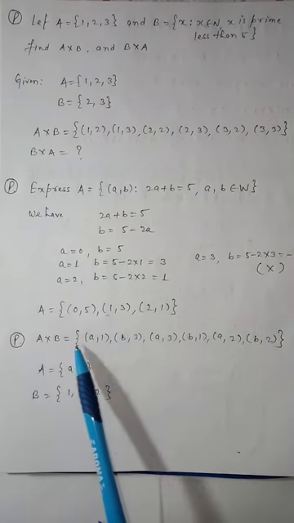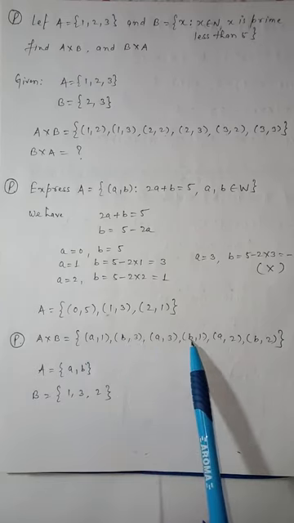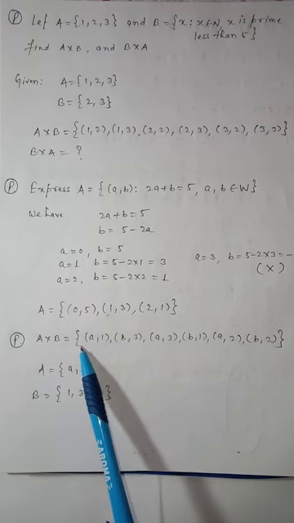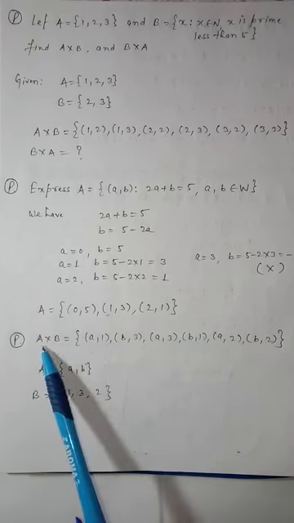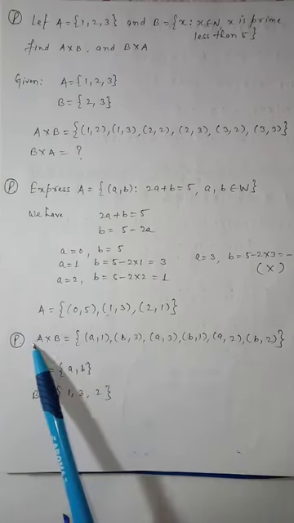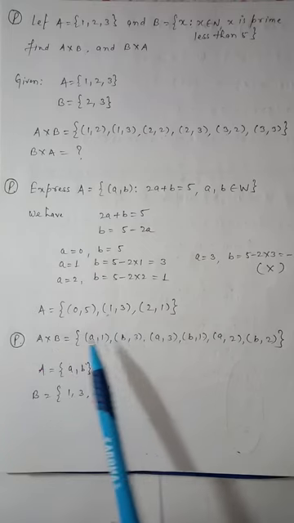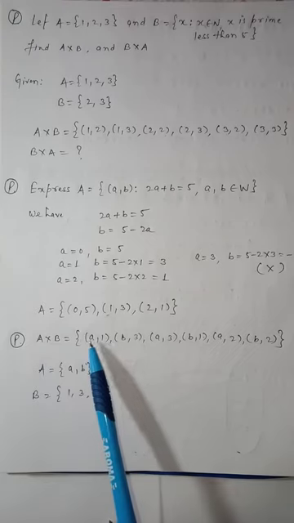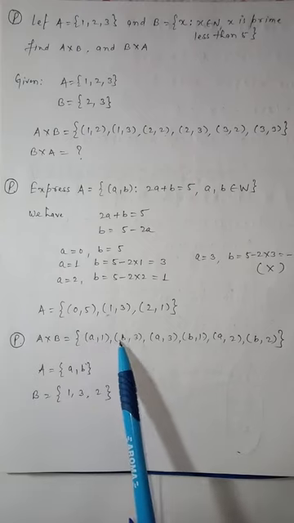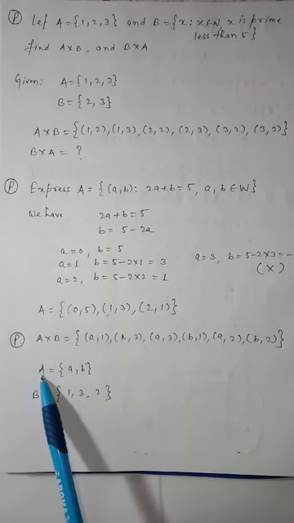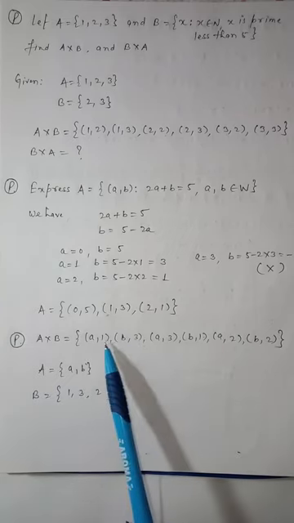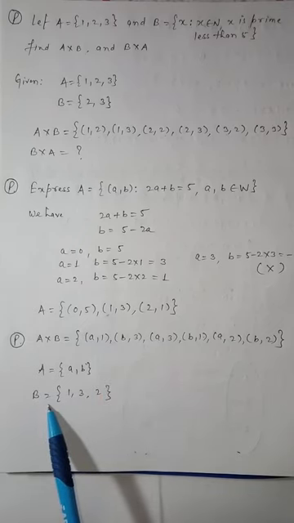Now in this problem, A cross B is {(a, 1), (b, 3), (a, 3), (b, 1), (a, 2), (b, 2)}. Can you tell me what is set A? We already know in the Cartesian product of sets, all the first elements belong to the first set A and all the second elements belong to set B. In the same manner, a and b are present everywhere, so a, b must belong to set A. Therefore set A will be {a, b} and set B will be {1, 3, 2}. It means 1, 2 and 3 must belong to set B.